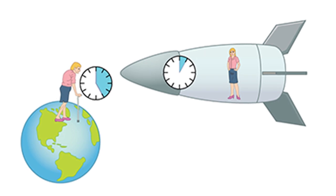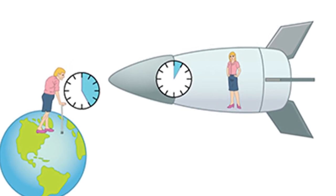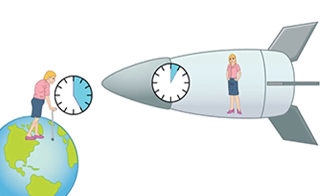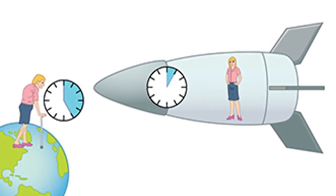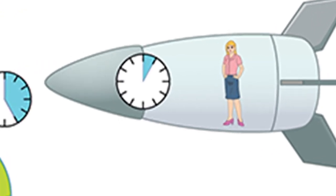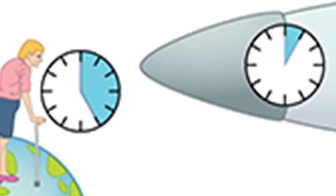So firstly, I think we all know that relativity affects time, right? There's this famous effect of time dilation where if two observers are moving relative to each other, then the clocks of the moving party actually tick slower than the one that's stationary. So the lady in the spaceship here, her clock is ticking slower, meanwhile the guy on Earth is aging rapidly,